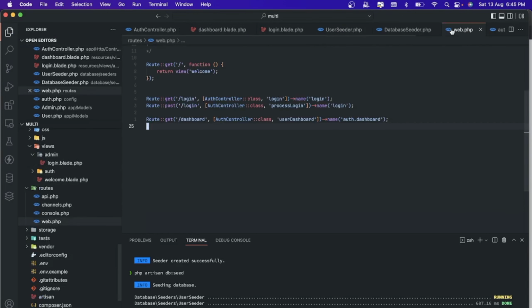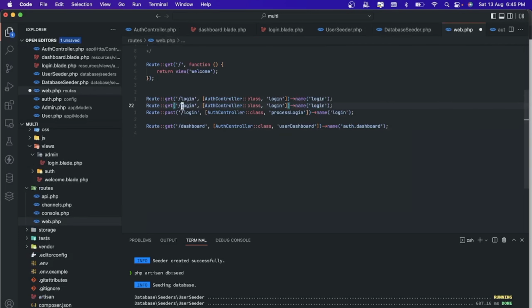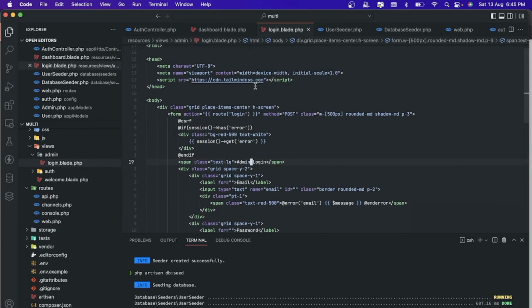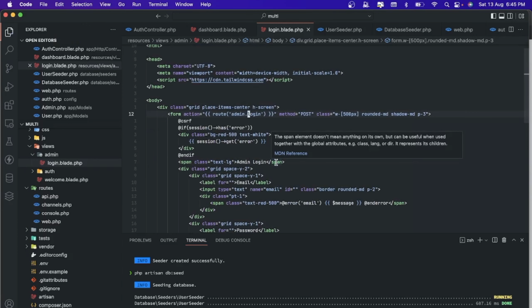Okay, so let's go to the web, and basically it's just this. Copy and paste. This is going to be admin/login. Admin login. Let's do admin.login. So back here, we have to change this to admin.login. All right, very good. So since that is done already,